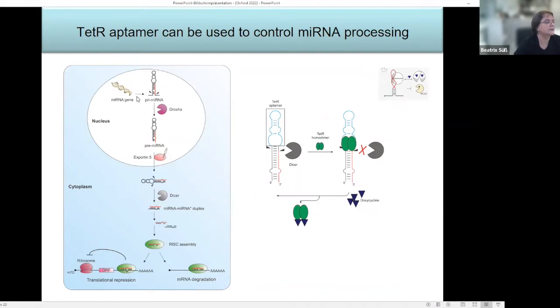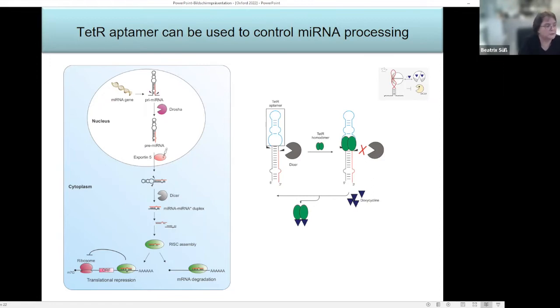You know, microRNAs are transcribed as long precursors in the nucleus. We have a first endonucleolytic cleavage by Drosha. You have the pre-microRNAs, they are exported, and then in the cytoplasm there's a second nuclease, this is Dicer, and this leads to this small 22 nucleotide long double strands that are then loaded into the RISC complex, and the RISC complex then acts on the target mRNA. So it's very simplified, and